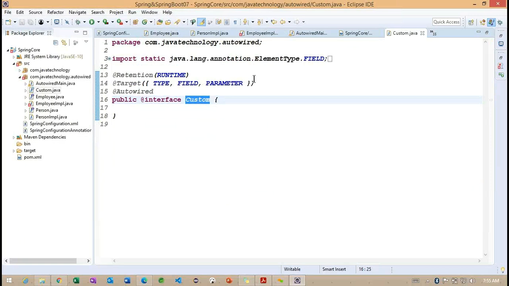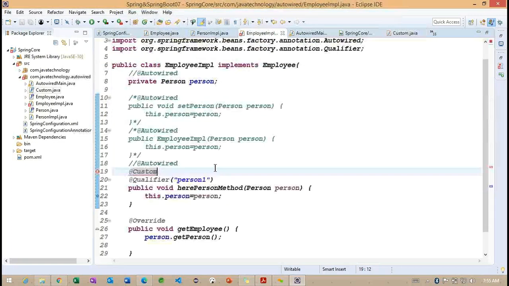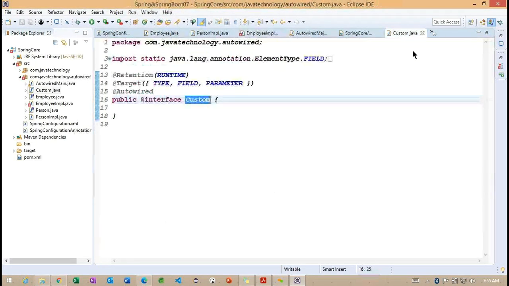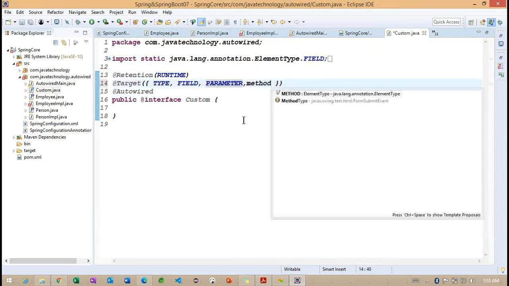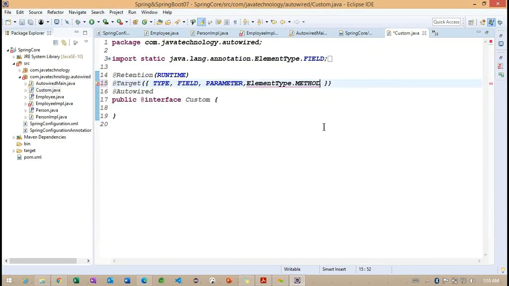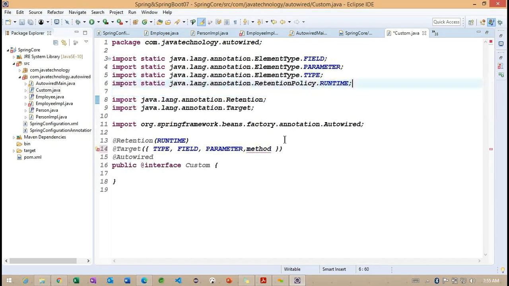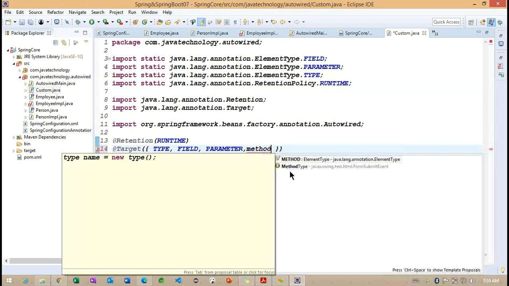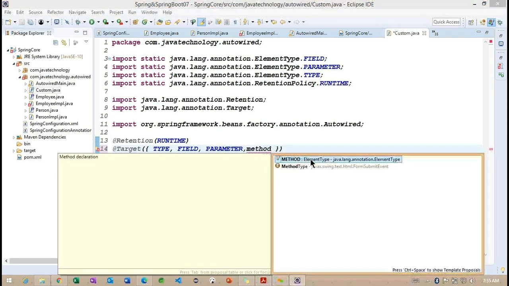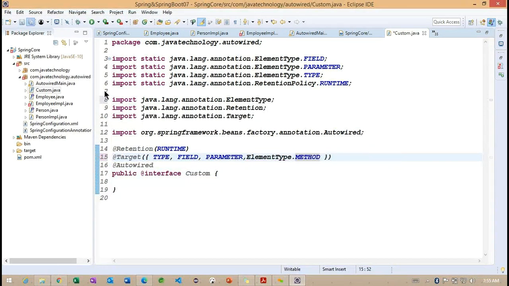We did not specify the method here, because of this we are getting an error here. Right. So let me add the method also. Okay, right. Element type method.